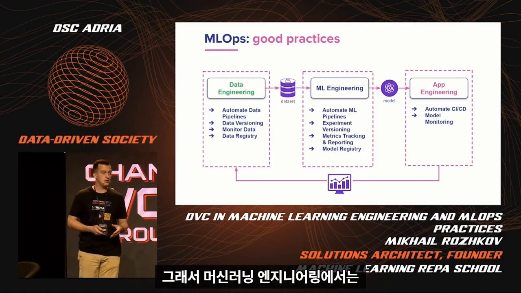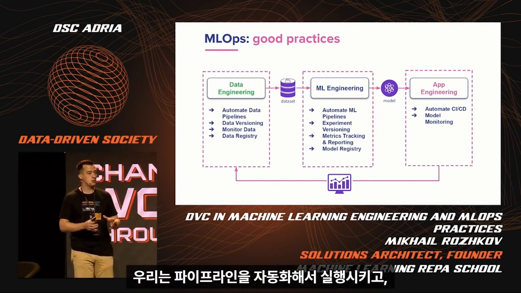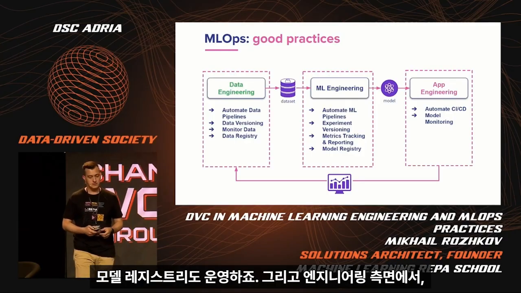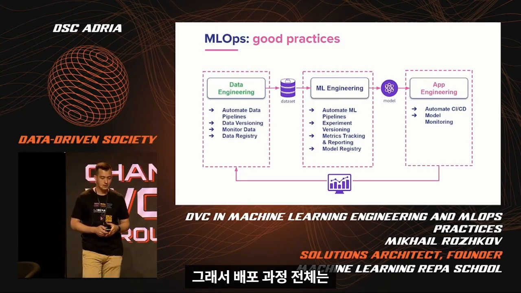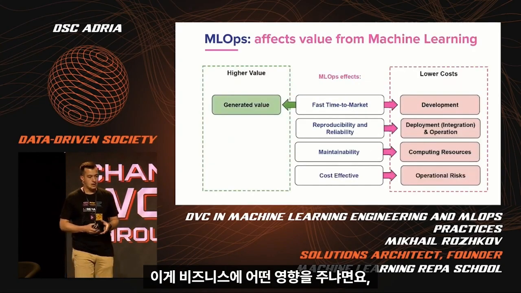So for machine learning engineering, of course, it's all about automation. We just automate our pipeline and then run it, and use model registries. And for app engineering and deployment, of course, it's CI/CD. So the whole process of deployment should be automated, including monitoring. So how does this affect